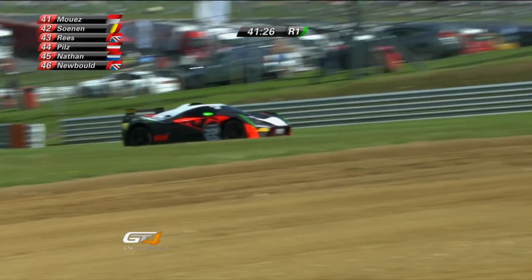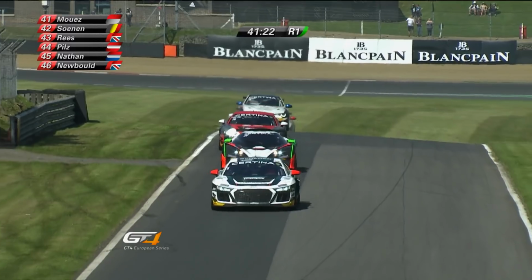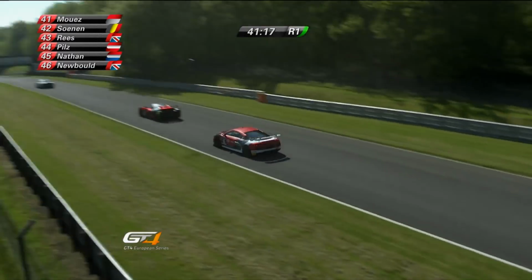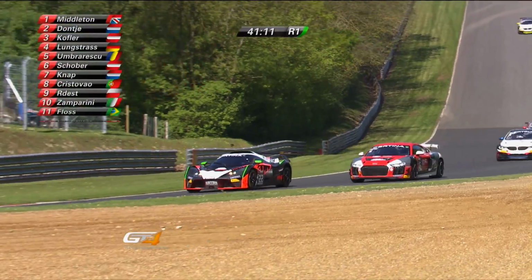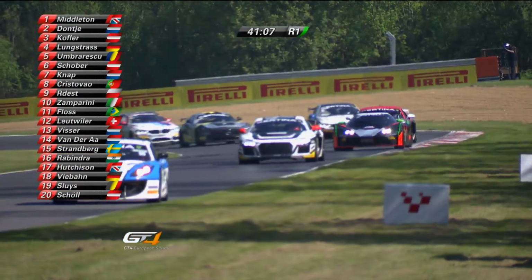There is Koffler, doing his best to hang on to that third place, but having lost ground, is he going to lose more places? Laura Krohammer getting ready to take the car over, and the very evenly matched pairing of Stuart Middleton and Will Tregertha lead the way. There's the challenge for third place. Lundstrass comes up to the outside line, and of course while he's being delayed like this, he's losing touch